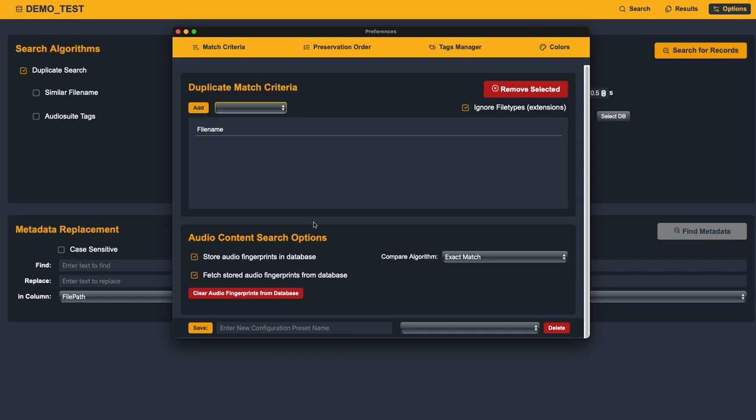While we're here, we can also look at the audio content search options. Really, we've got two options. We have an exact match and we have relative match, where you can set a threshold on how close you want these files to be considered a match. So this means they've got to be almost exactly the same, and these mean, hey, pretty close. So you can help find similar